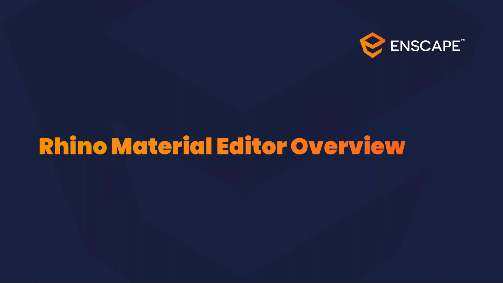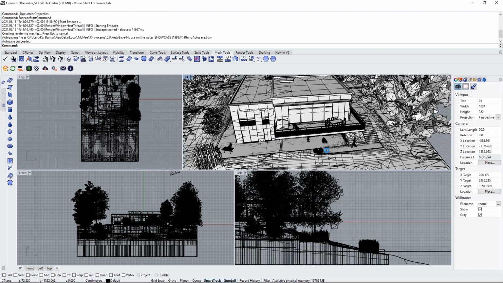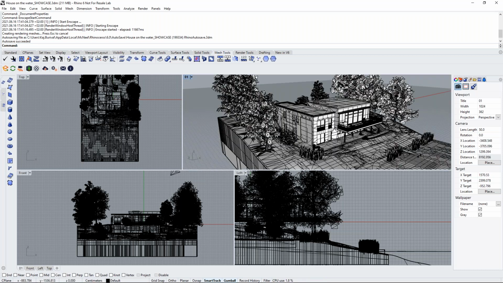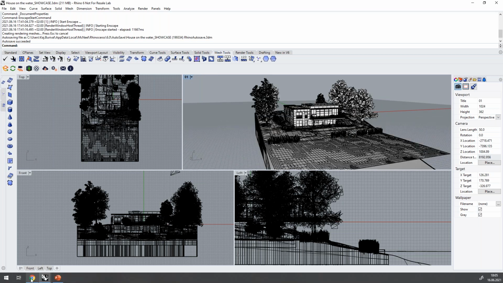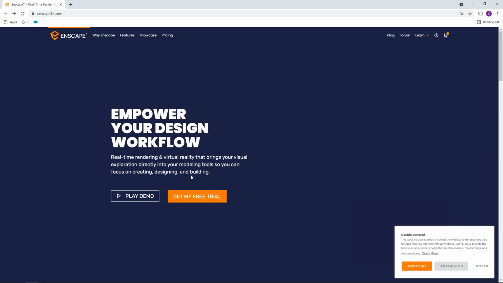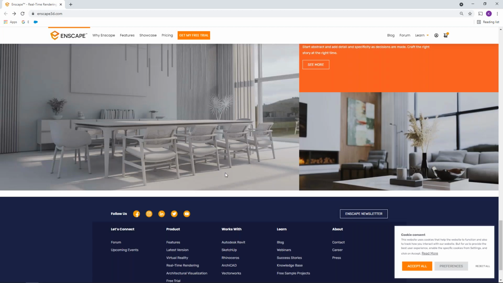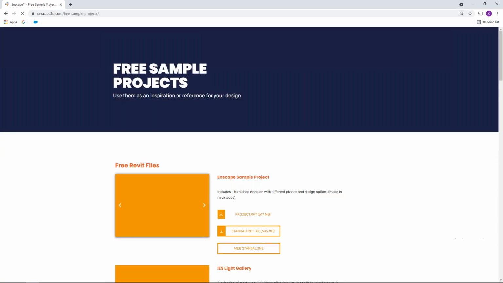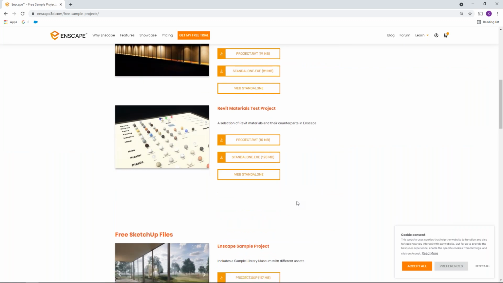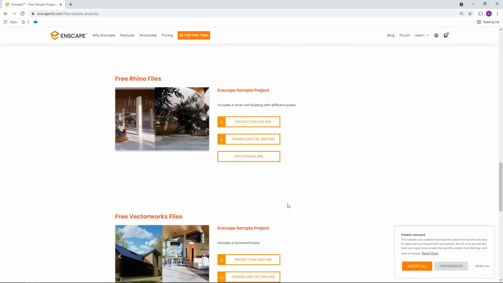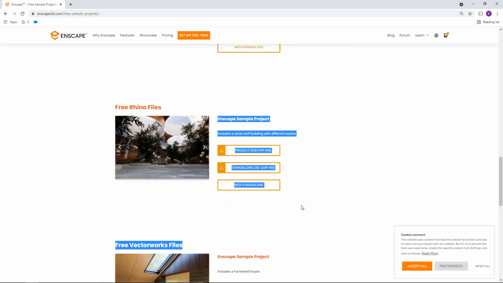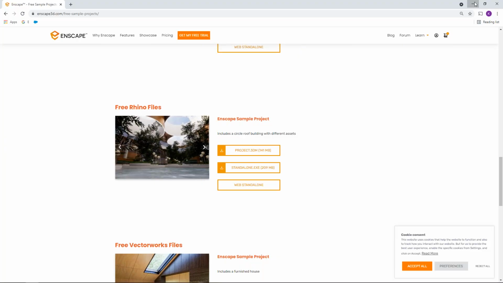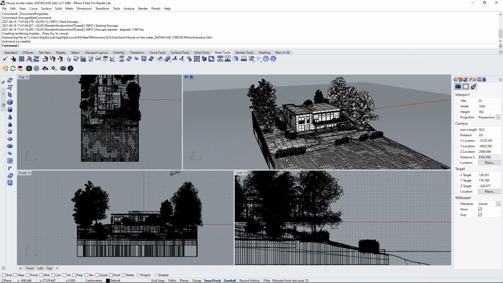switch to Rhino. First of all, this is the project that we're going to have a look at. This one is not available on our website, but please be aware that if you want to try out one project that has been set up ideally for Enscape, you can always go to our website, enscape3d.com. Again, scroll to the very bottom, and here's where you'll find the free sample projects page. Here you will find a sample project that has been set up with Enscape in mind for each of the design applications we support. And for Rhino, we have this sample project here. You can download it, have a look at it. I'm just using this one here because, just personal preference. In